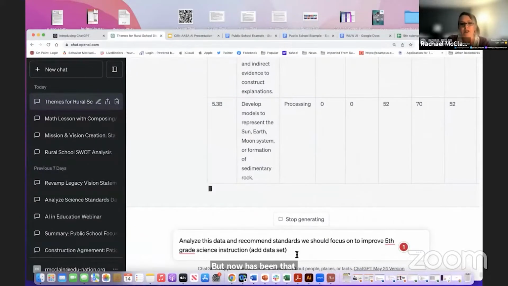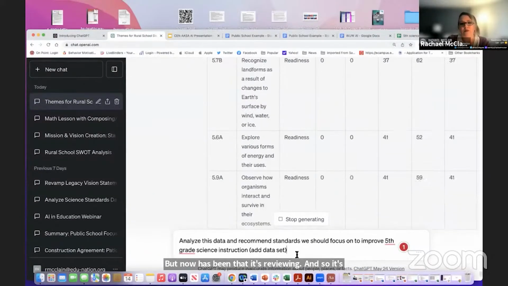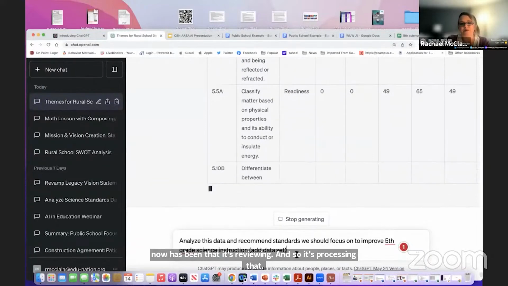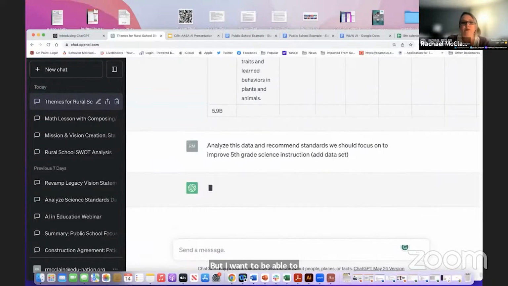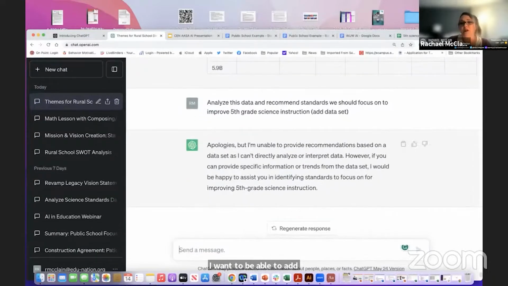And so it's processing that, but I want to be able to ask it to recommend standards that I should focus on to improve my 5th grade science instruction.